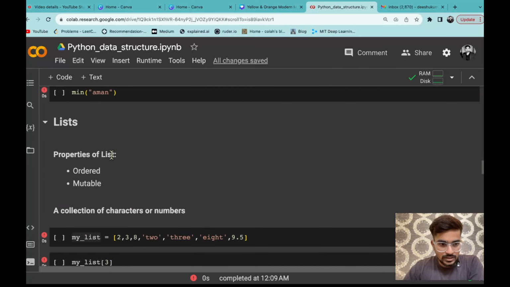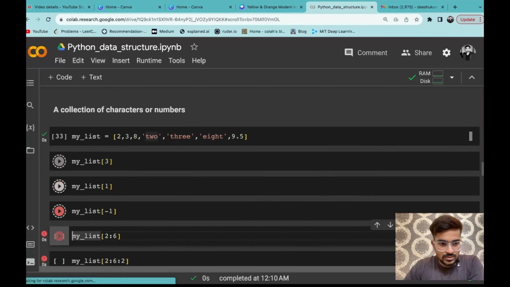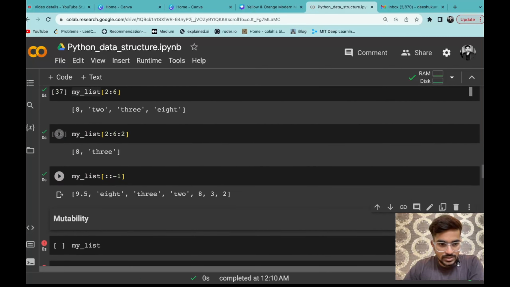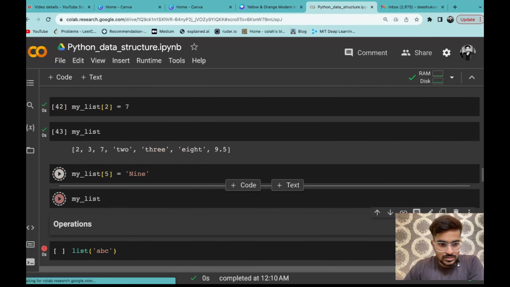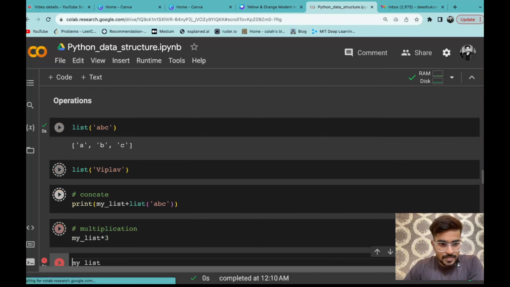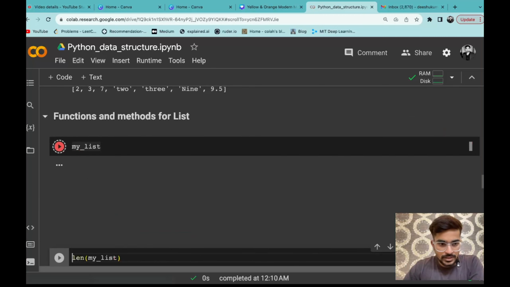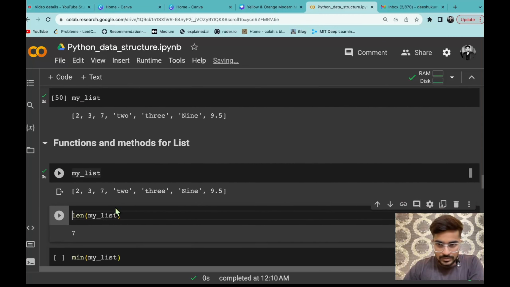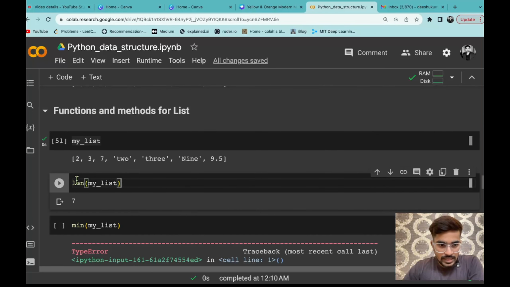So मैंने define कहाँ किया था my list, या here ना. So this is our list and then we have done some modification in our list. So let me run all those cells. Cool. So now if I just print my list, this is the list we have. Now I have to run some of the functions that we have seen, length, max and min. So first of all, length is what? It will just return the length of a string. So sorry, not in a string, in list.